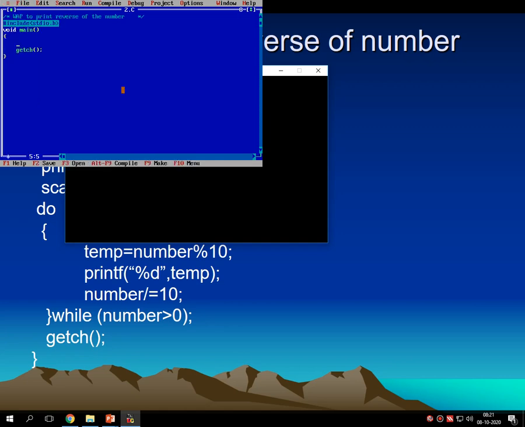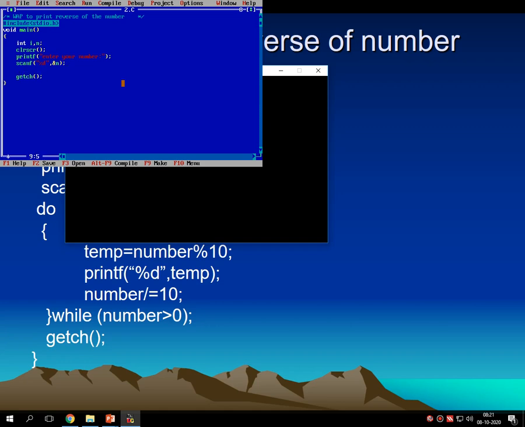Here I am initializing the first variable called i with the inbuilt function clrscr. Then there is a printf message, enter your number. Once the message is there, we need to accept the number from the user. For that, I am writing scanf with %d and &n. n is the number which is accepted by the program. So the next variable is n.